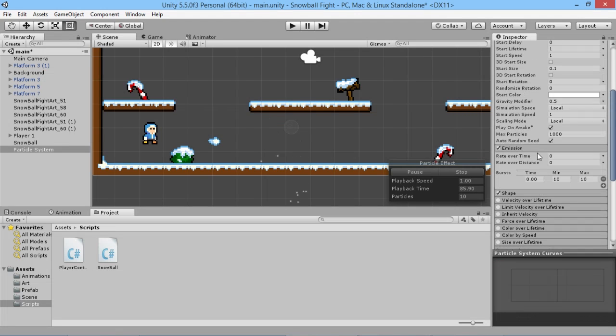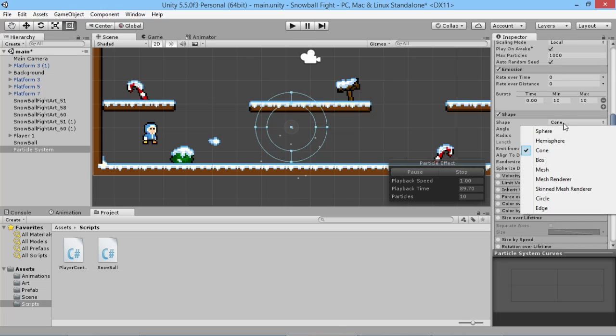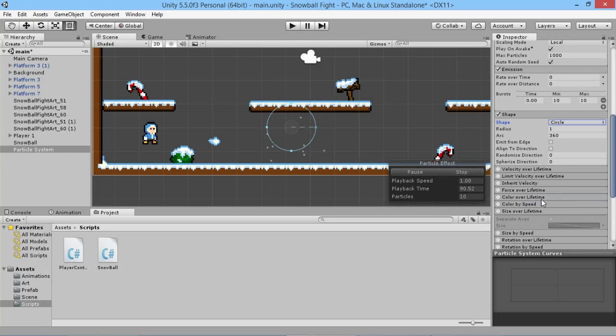We're going to go to shape here, and instead of being a cone, we're going to set it to be a circle. And then we're going to make the circle way smaller, so it's much more like our snowball here. So we're going to grab the radius and just pull it down to there like that. So now we have a little effect that looks like a little burst of snow